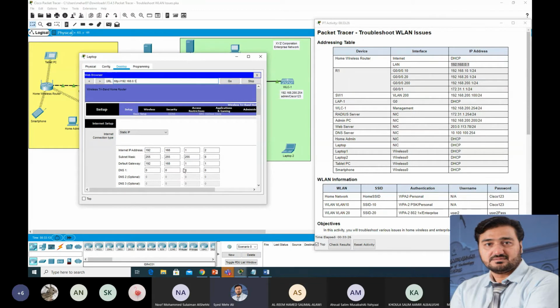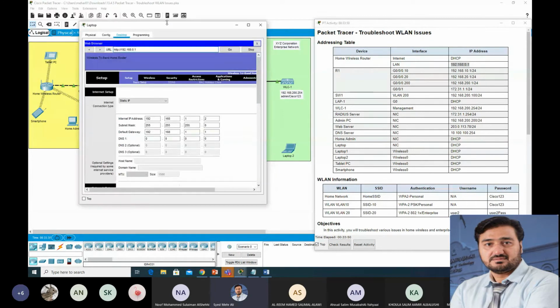We have two issues. The first issue: on the home wireless router, the internet should get the IP from the DHCP server.